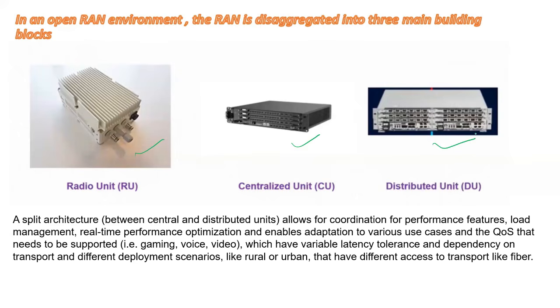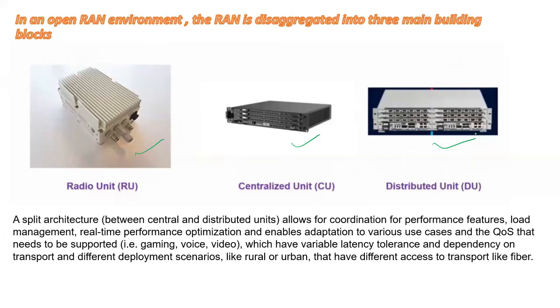So this will be possible only if the hardware and software components are interoperable, and this will be possible only if hardware and software components can be mixed and matched from different vendors. So again, what makes any split architecture open? A mobile operator can deploy ORAN only if the interfaces between RU, DU, and CU are open, right? So RAN functional splits will bring cost saving if interfaces are open.